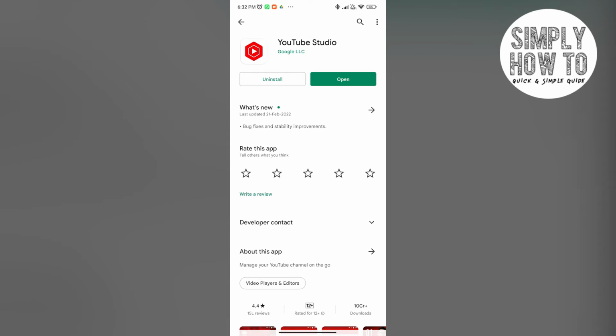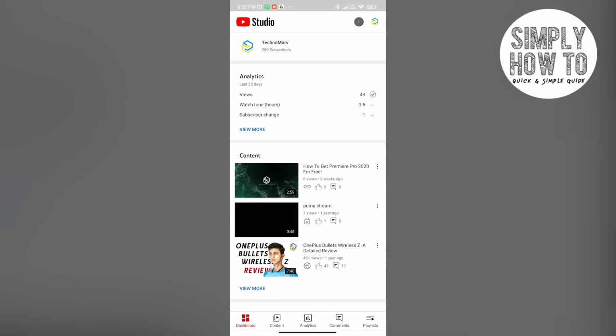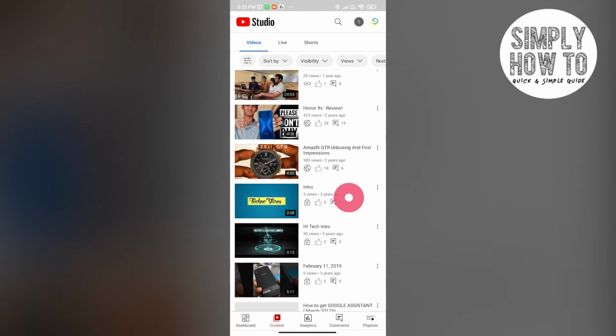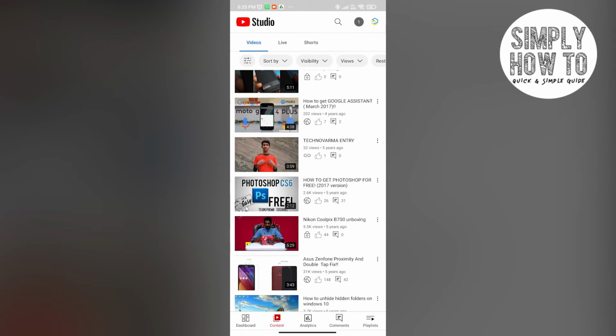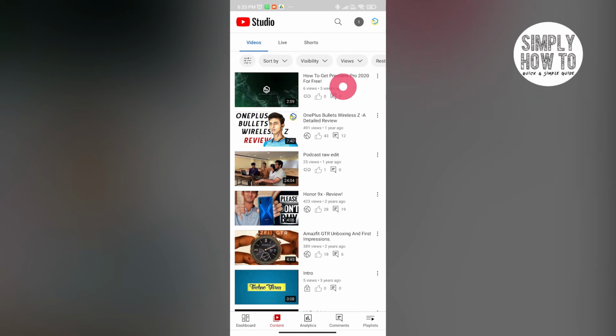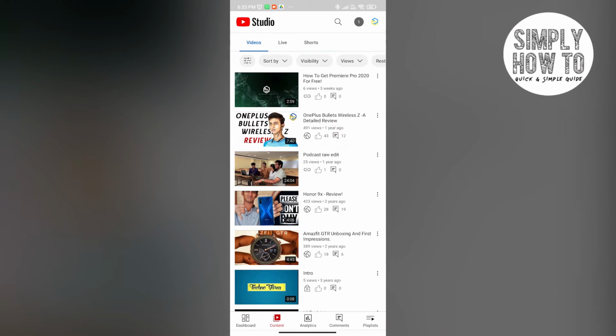So once you've downloaded YouTube Studio, all you have to do is go to YouTube Studio and go to the specific video that you want your comments to be disabled or enabled. So for this, all you have to do is come here, and in the bottom you can see there is this thing called content. Once you click on it, you can see all the videos that have been uploaded on your YouTube channel. Now let's say I want to disable the comments for this one video right here,